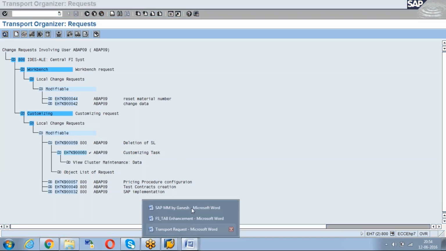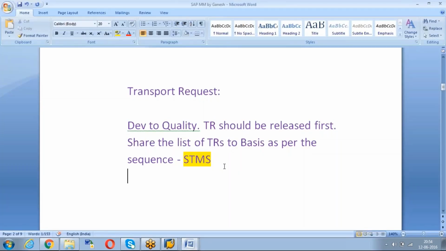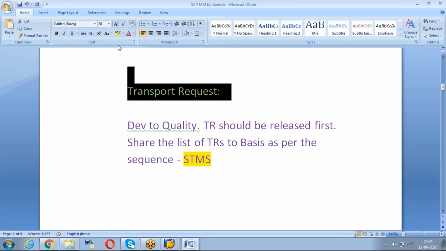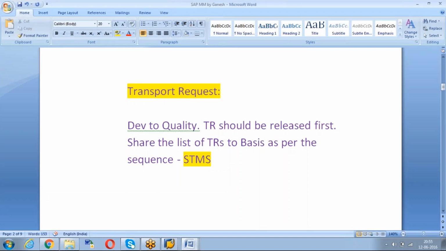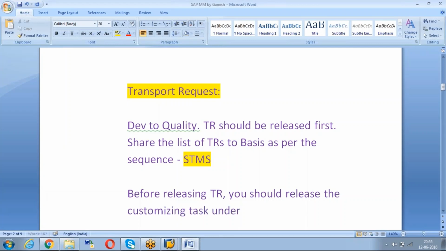You can write like this: before releasing TR, you should release the customizing task under the TR.